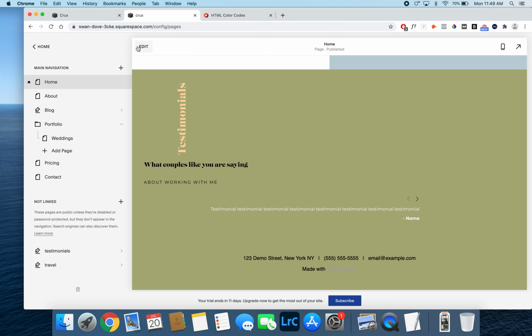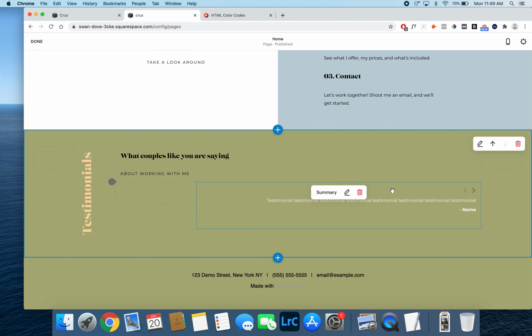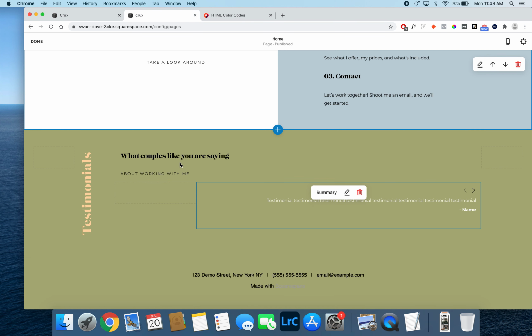Okay, so now you're going to go back to the home page, and when you're looking at edit like this, it will look funky, so click edit to see it in full screen, and your testimonials should show up here. Okay, and there you go. You can't do it in the editor, but when you click these arrows on your website, it will scroll through. Okay, another thing,